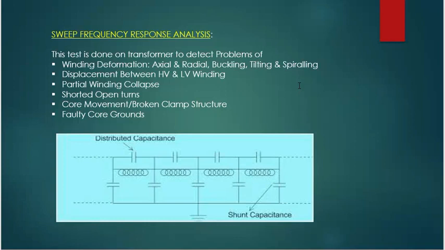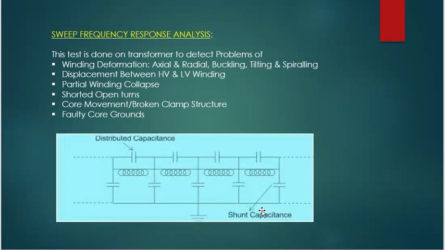The principle of this test is quite simple. All electrical equipment theoretically has some resistance, inductance and capacitance value, and hence can be considered as a complex RLC circuit. In a transformer, each winding is separated from the others by paper insulation, which acts as a dielectric, and the windings themselves have some amount of resistance and inductance. So practically, a transformer may be considered as a complicated distributed RLC network, which is shown in this diagram.